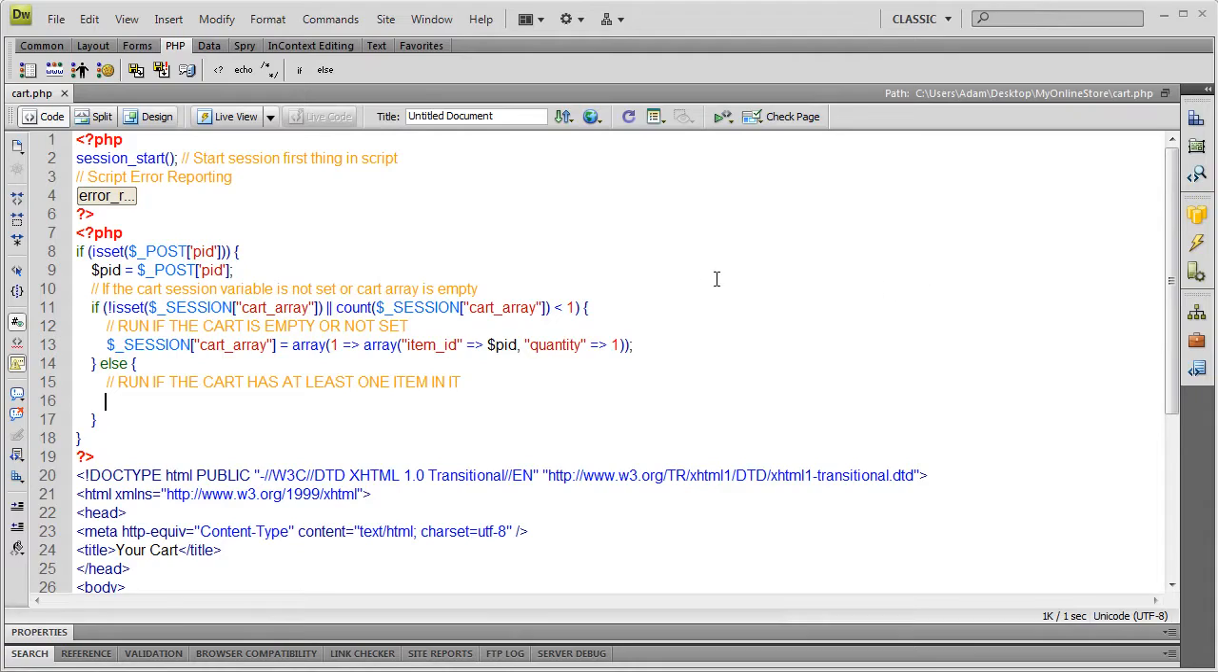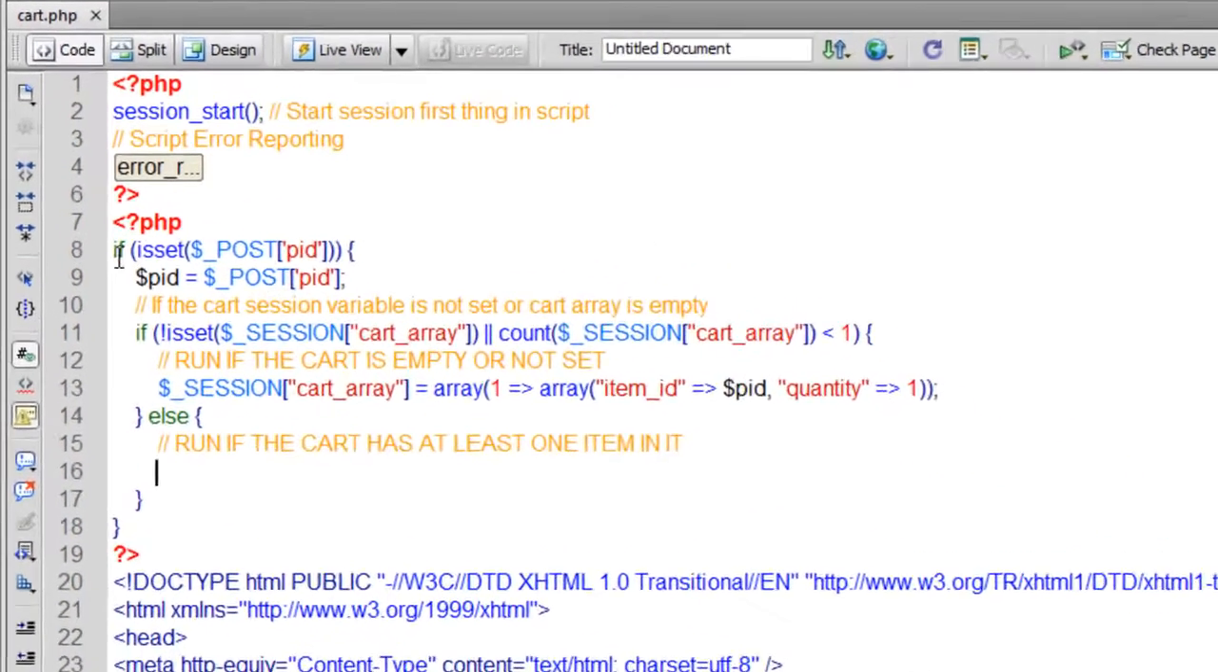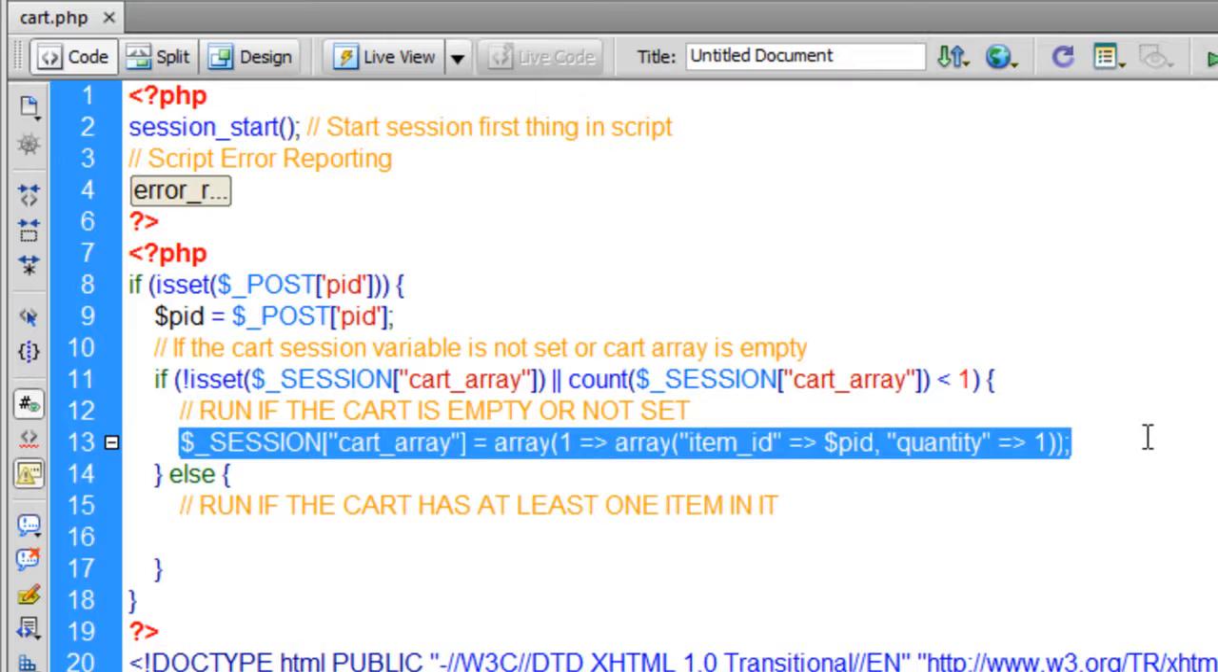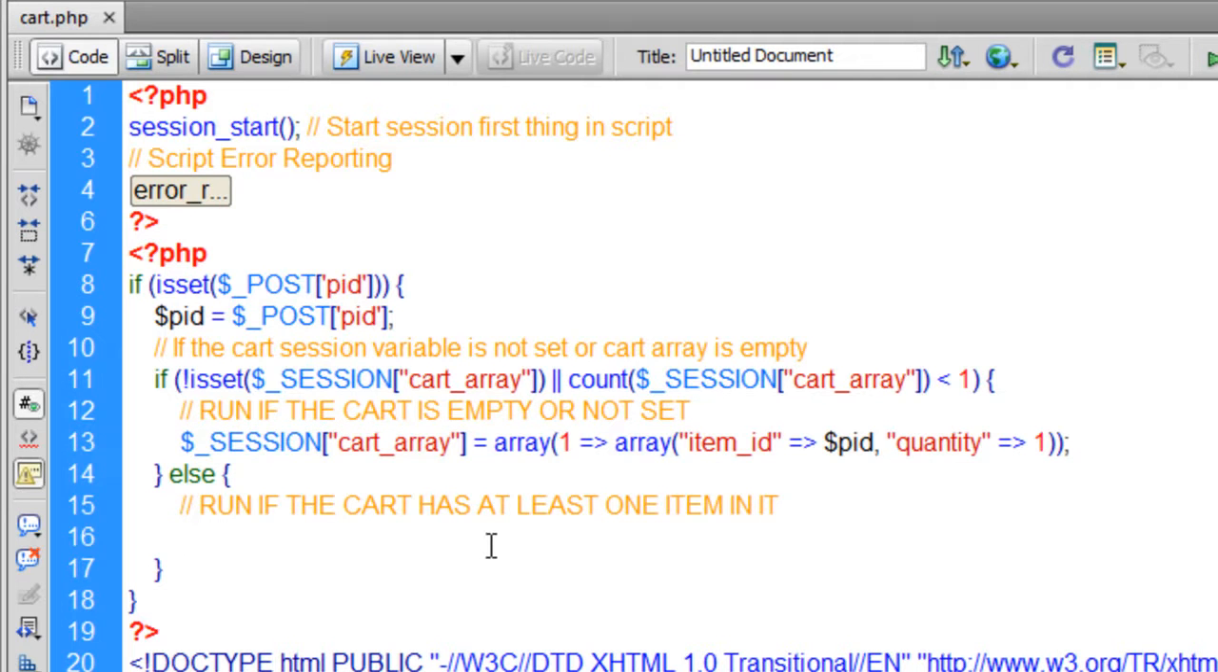Alright, stop fooling around. Open up cart.php. So let's recap on this code. If isset POST PID, which means if there's a product ID coming from the product page, the person is trying to add that item to their cart. So we're checking to see if that's set. If it is, we grab that variable, and then we're checking to see if the cart session variable is not set or the cart array is empty. In this if condition, we'll pop in the first array item, which is the first cart item. So if the cart's empty, or if the session cart array is not set, pop in the first item. Else, here's where we pick